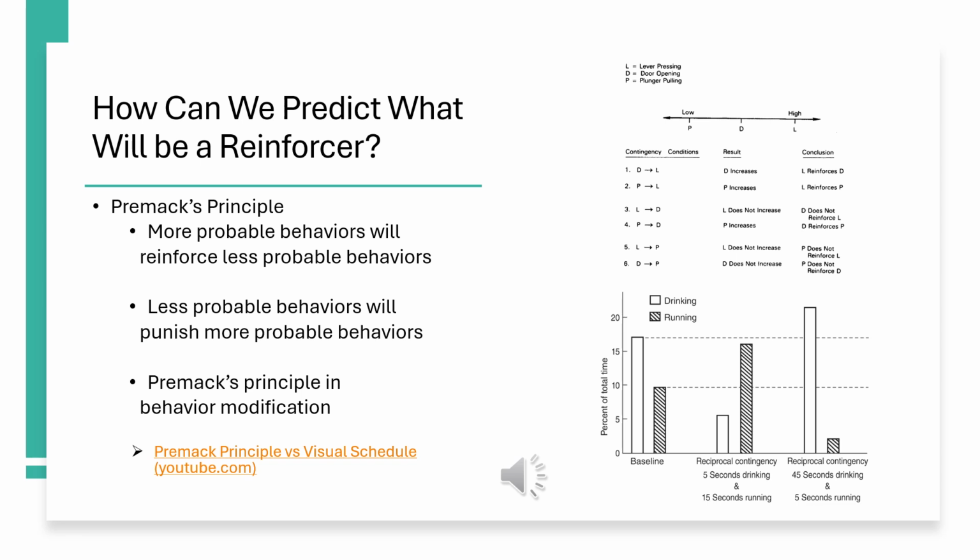In parenting, it's like first clean your room, then you can play video games. Cleaning your room is the low probability, playing the video games is the high probability. In education, if you finish your math homework, you can go outside for recess. Math homework low, recess high. Personal motivation, if I complete my workout, which is the low side, I'll treat myself to watching my favorite show, high side. Behavioral control gives individuals more control over their actions as they know that completing a less desired task will lead to a reward.